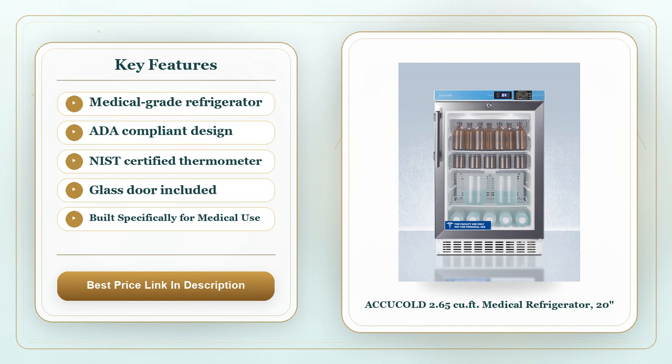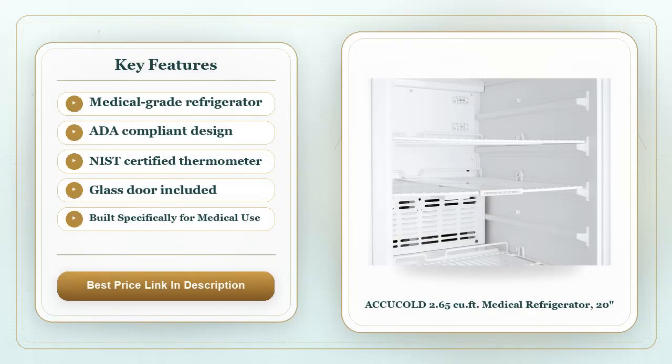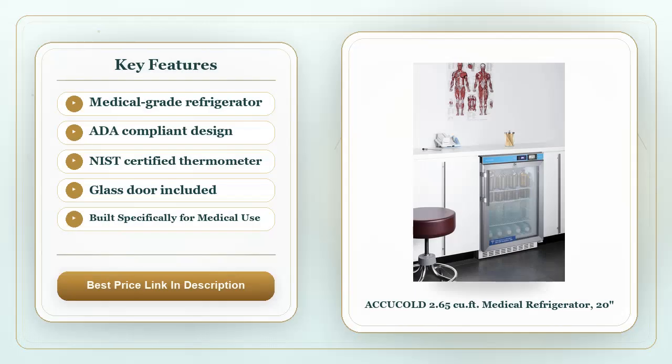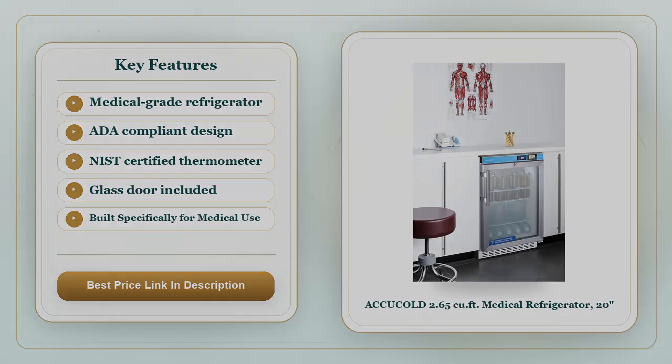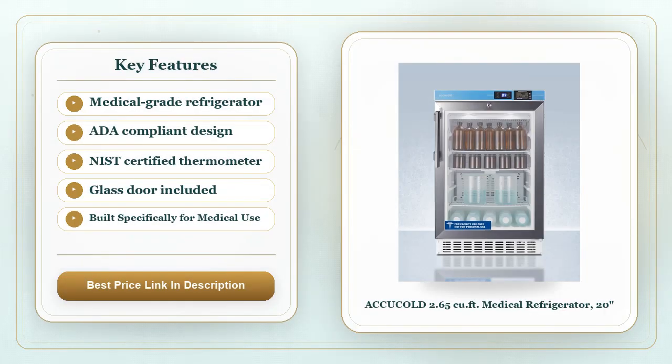First off, let's talk about why the ACCUCOLD 2.65 cu.ft. model is different from the generic cooler you see in a lab supply catalog. It's marketed as a medical-grade unit, which means it's been built to meet ADA accessibility standards and comes with a NIST-certified thermometer. Those 2 points matter because they aren't just marketing fluff, they're the things that keep regulators happy and